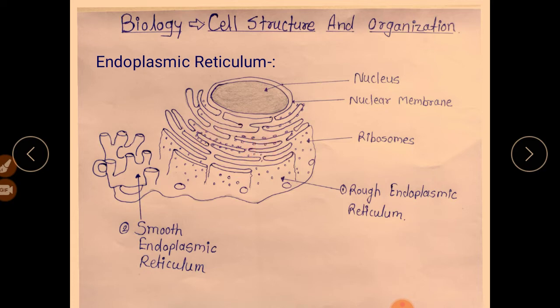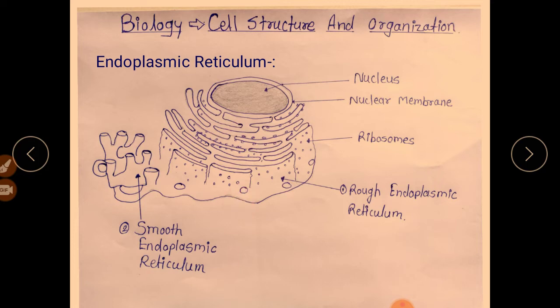Inside the structure of the endoplasmic reticulum, a number of vesicular bodies are present, and these vesicular bodies are encircled by a series of ribosomes. These vesicles also have a lumen, and this lumen is filled with ribosomal fluid, which contains a number of protein-synthesizing enzymes. So the ribosomes of the vesicles are involved in the formation of proteins. That means ribosomes are involved in the synthesis of proteins.